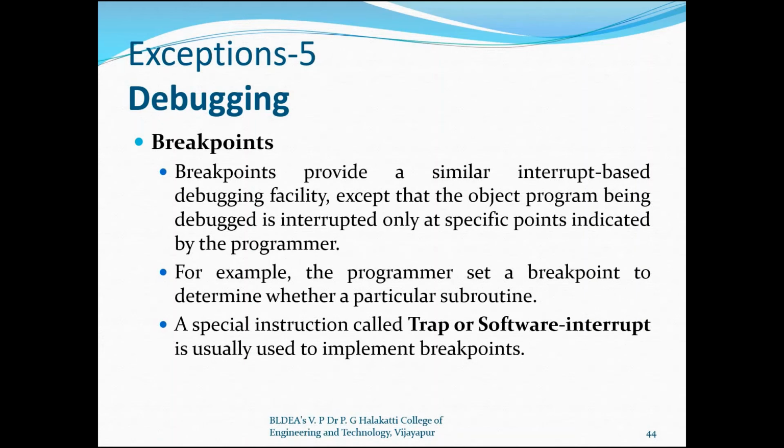The debugger routine saves instruction I plus 1 and replaces it with a software interrupt instruction. When the program reaches this point, the debugging routine is activated. This gives the user a chance to examine contents of register and memory. When the user is ready to continue execution of his or her program, the debugging routine restores the instruction that was at location I plus 1 and executes a return from interrupt instruction.